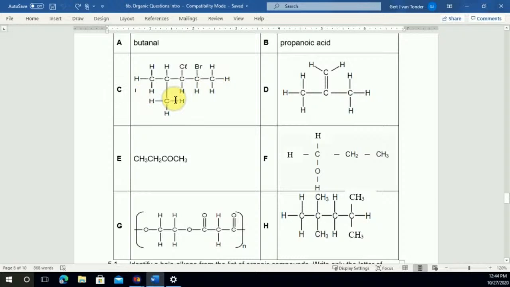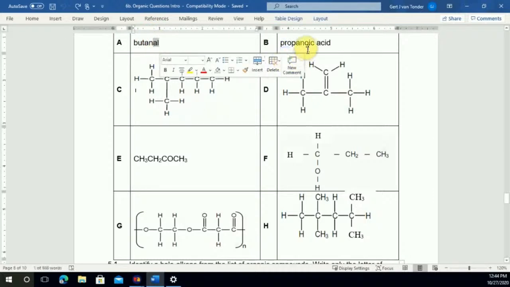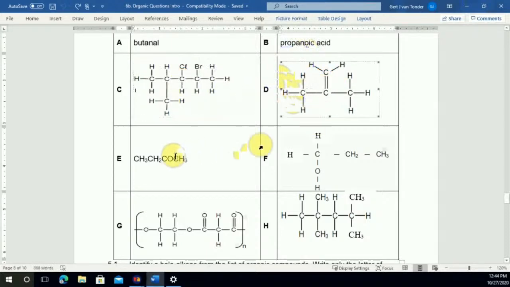5.2, one of the compounds from the above list is an alcohol. Write down the type of alcohol. Select from primary, secondary, or tertiary. So if we look very carefully, there's propanoic acid, there's butanol, that is an aldehyde, that is a carboxylic acid, that is a haloalkane, that is an alkene, that is a ketone because of that oxygen over there, there's my